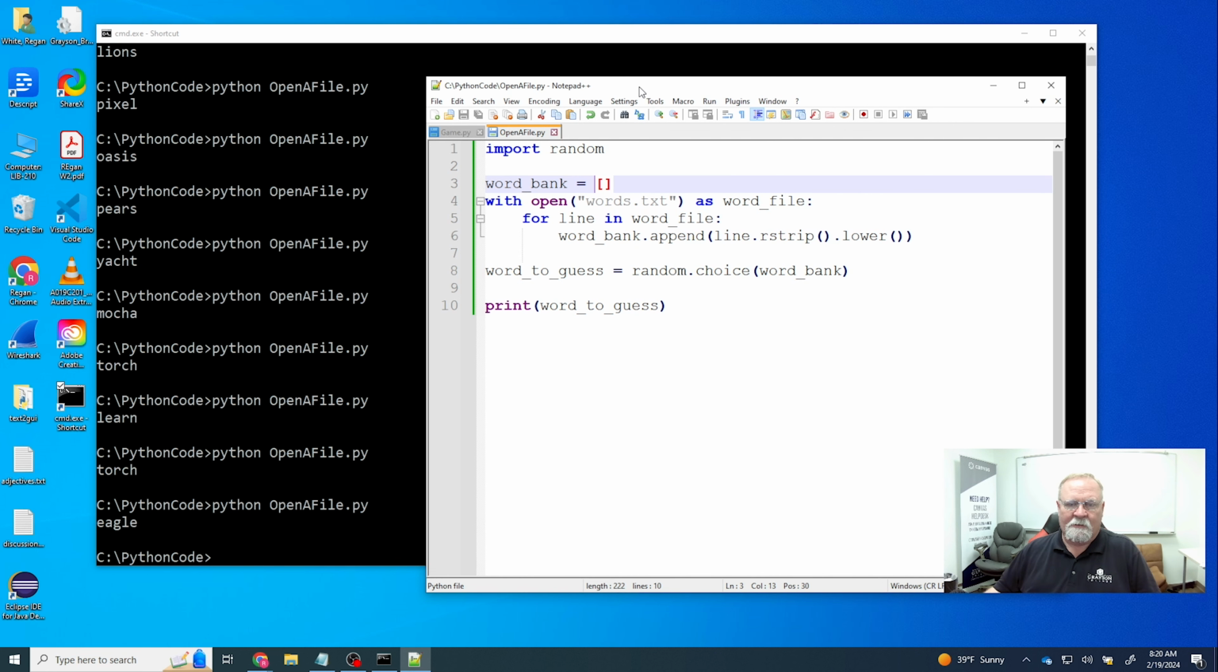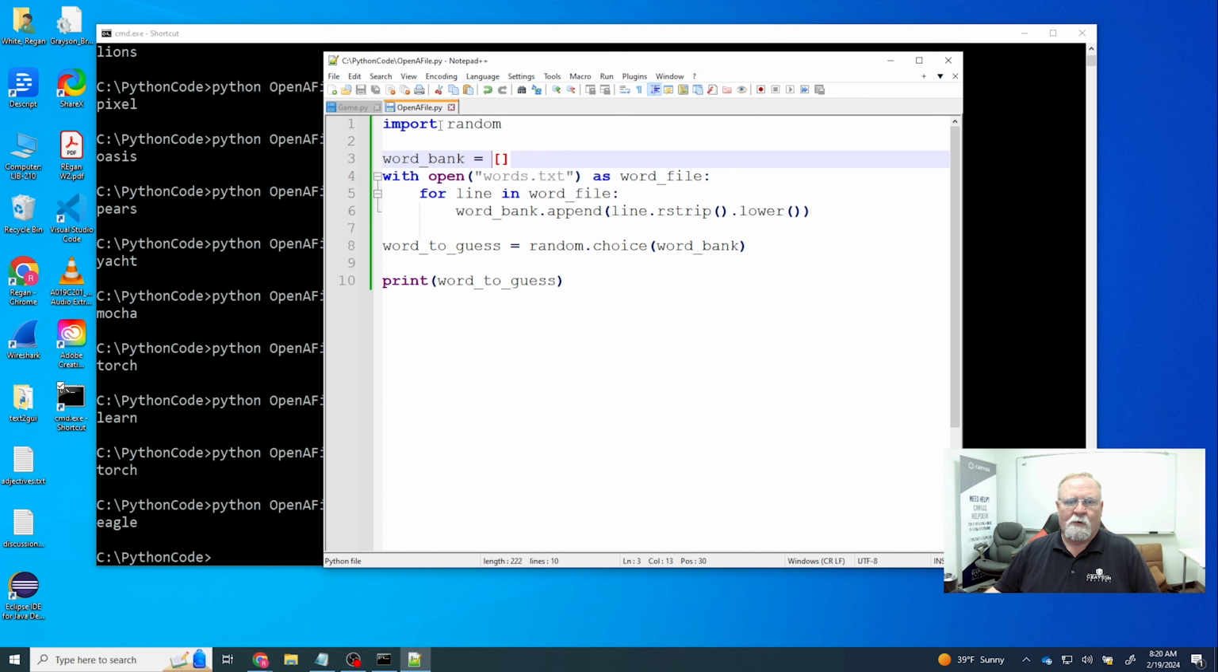Let's analyze our code now that we have it all right. First of all, we imported random, which is lowercase. We declared word bank as a list. And then we built the with structure with open, and we're using the open method to open the text file. By the way, the text file has to be in the same directory as the Python script. Or you have to type in the directory, but it's just easier to put them both together in the same folder. So I have words.txt, I opened it as word file, and for every line of the 50 words in this file,